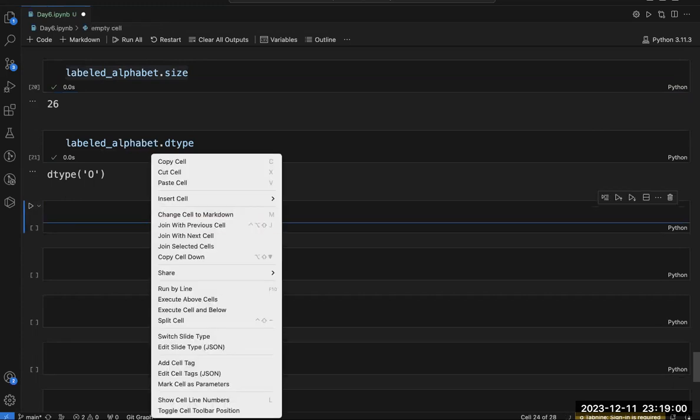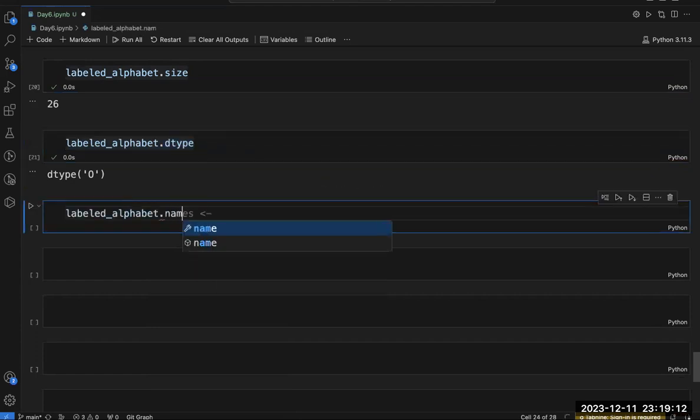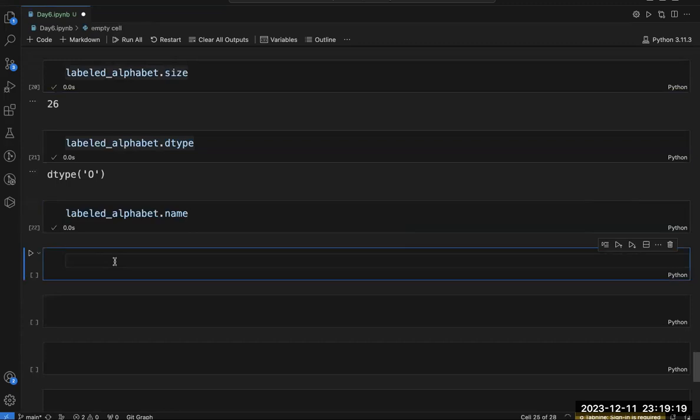Similarly, you can access a lot of other things. If you access dot name, you will get nothing here because it has a None value. So this is how you are able to access using dot notation.